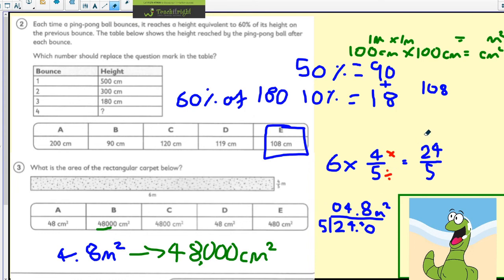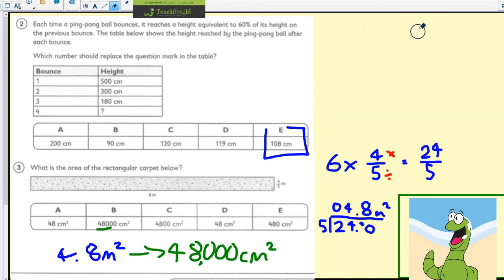Let me rub out some space. Let's rub out up here. What answer would you get if you converted it to centimeters first? So I'm telling you that the answer is 4,800. Hopefully some of you agree with me. But if you were doubting, let me just show you. If instead of 6 meters, you did 600 centimeters, and you multiplied it by 4/5 of a meter, which you're going to have to just trust me on that,